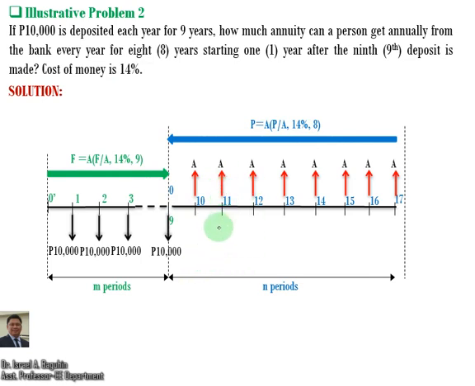Okay, so if we are going to consider the borrower side, this would be the cash flow diagram of this problem number 2. So we have this 10,000 as cash in during the M periods, and this would be the cash out, considering the borrower side. And then we are going to determine the annuity, this A here. Okay, so proceeding,